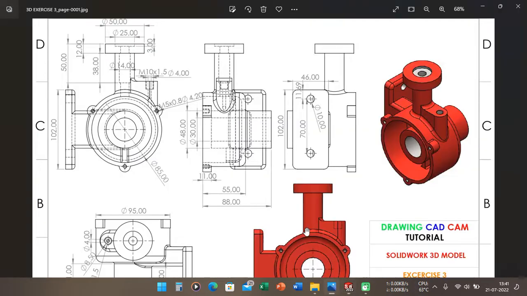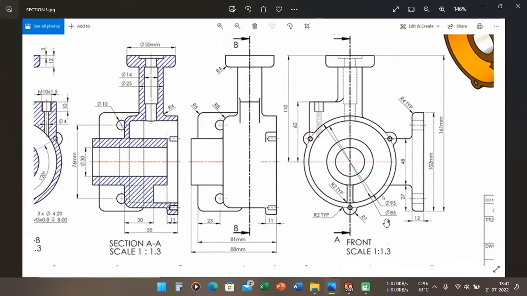After that, we can look again here. If you look at this sketch, the radius of this half circle is R7. This is the dimension of the half circle here. But if we want to make this section using the half circle, it is difficult to make the sketch here.